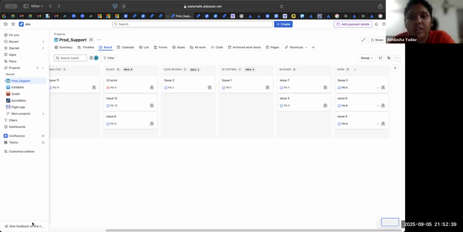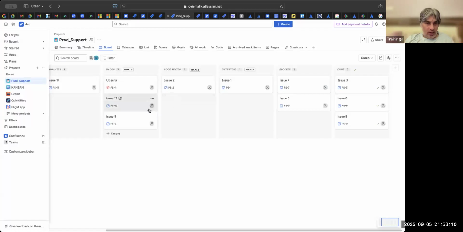So my question is, here we are applying the limit on team members or for that state? Both. Both, but it depends. If there are some UI issues only, within a day they can finish 4 or 5 tickets. So it could be either. You could apply this limit to the status, or in conjunction you can apply it to the people also.